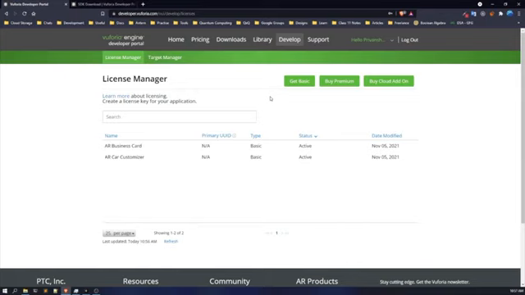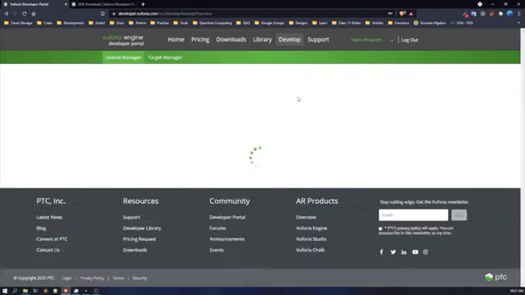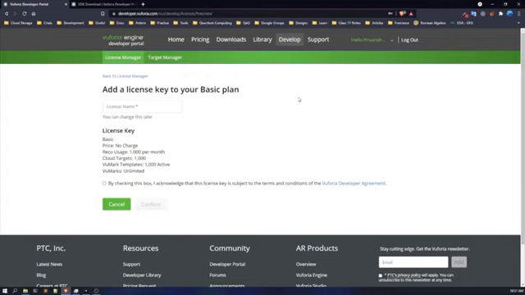Now the very first thing we have to do is create our license. So how would you do that? You can even buy the premium version, but I don't have the money to buy it, so I would simply get the basic. I would click on the basic, and it would load some sort of page. As you can see right here, it is loading some page, and in that page,